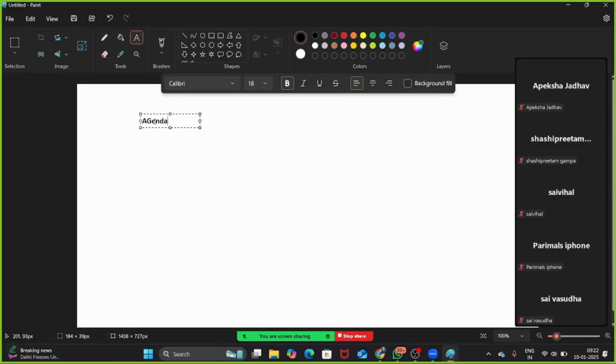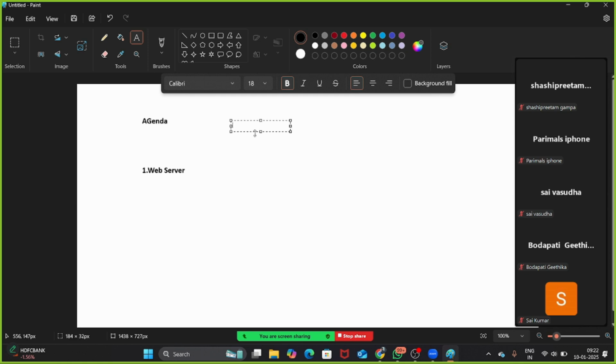Agenda of the day. So the first thing we will work on today is a web server, right? We will be working on a web server. And how exactly, what will be the process? The process is so simple. Point number one, create a virtual machine. Point number two, connect to the virtual machine. Point number three, install a web server which is pre-available. With that we can call it the IIS server, and then